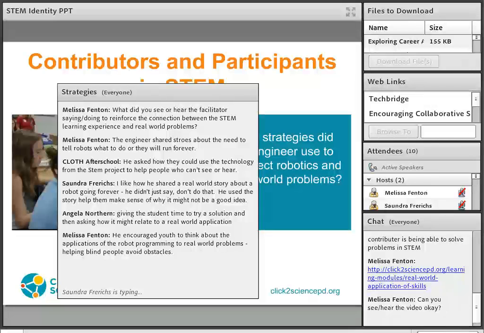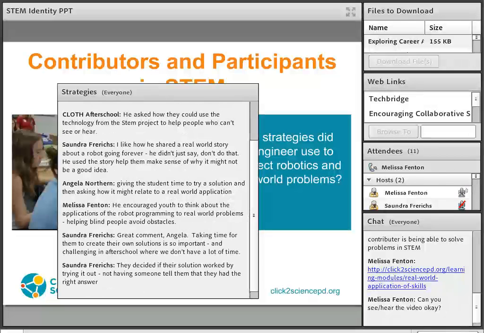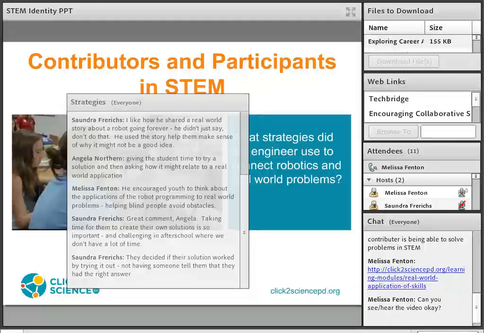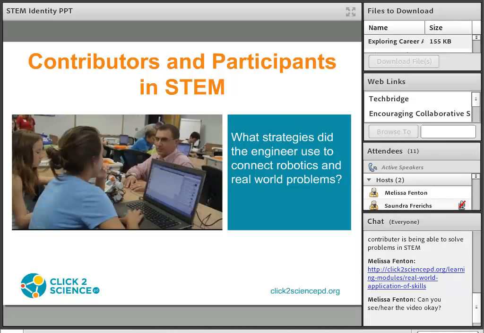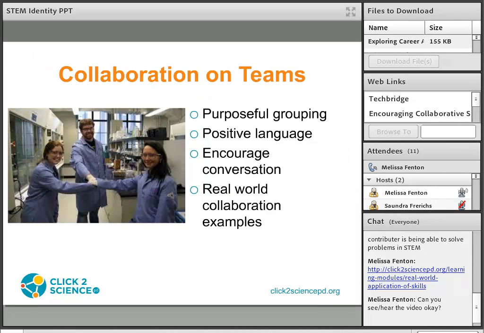And they also were working together. So you saw groups working together. I mean, it focused on the one gal in the blue shirt, but the others, they were working on teams to program their robots and test them out. So he did a nice job in the activity of kind of fostering their STEM identity by doing the things that we've talked about today. So I'm going to go ahead and get rid of the chat pod, and then we'll move on and talk a little bit about collaboration.